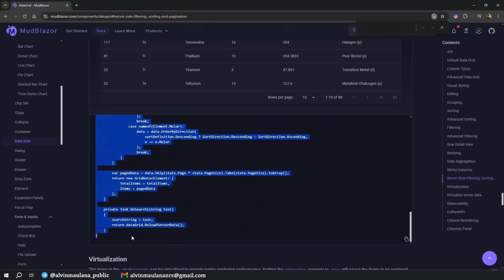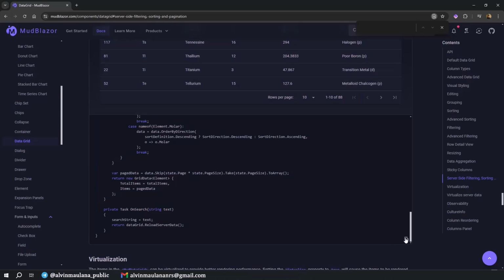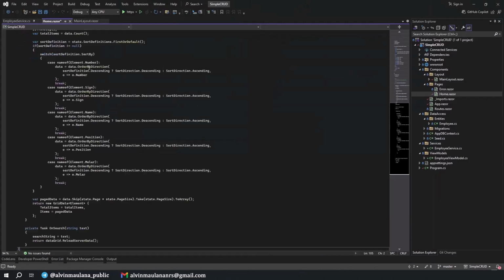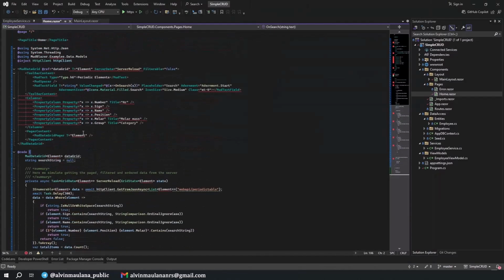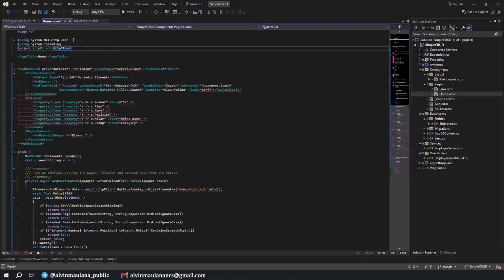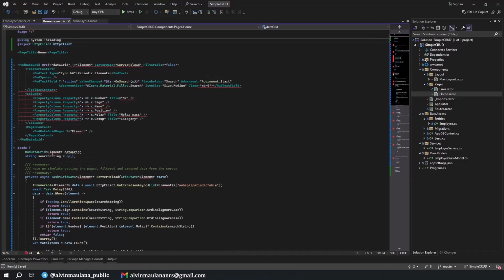Then I paste it below the page title like this, and I put the using above here. I'm not going to use this one and this one. The element we need here is the employee view model.